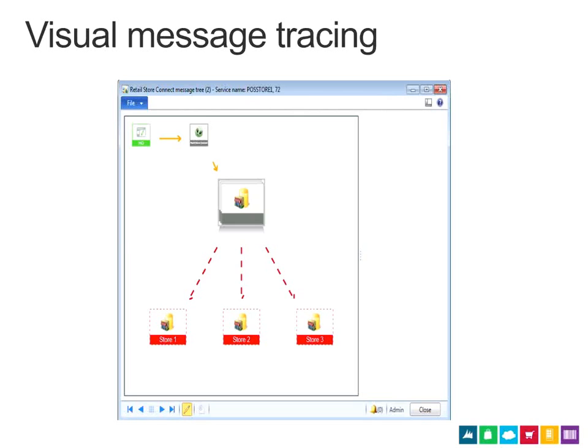It's very handy, because you can go to an instance of when that job ran. For example, say you were downloading price changes last night and you want to see what happened. You just go there, look at the scheduler log, and say, this job ran last night at 11 o'clock, I want to see what happened. You just click on the button. It will show you a visual representation of every hop this data package went through,